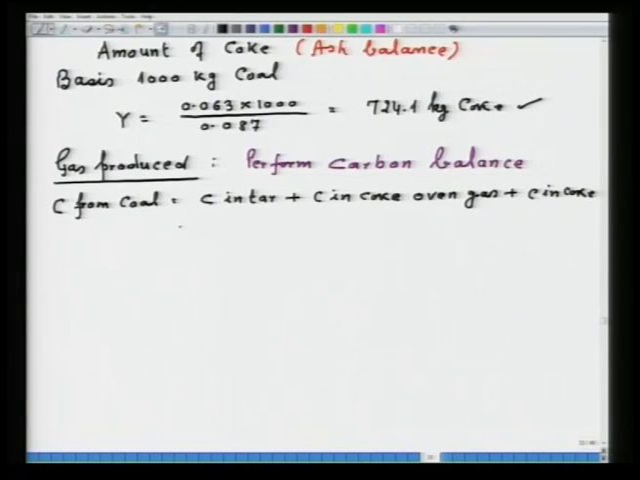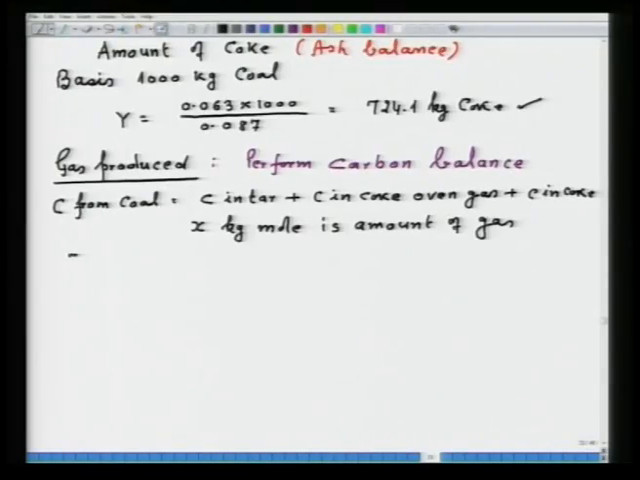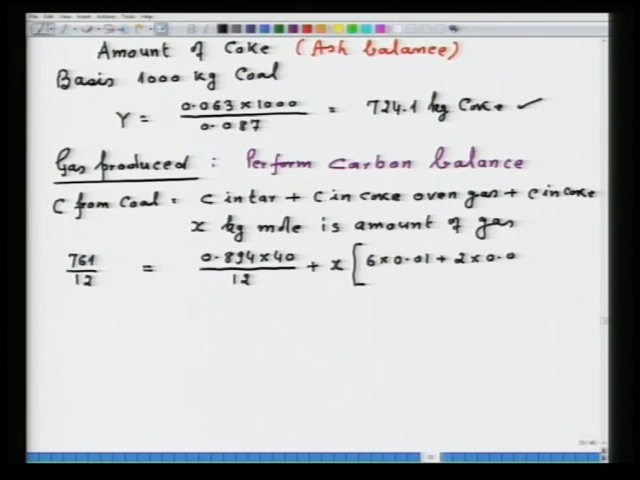So, let us consider x kg mole is the amount of gas. You may also consider x meter cube is the amount of gas, then you should do meter cube balance. So, now I am writing, you can straight away write, it will be 761 by 12, carbon in tar, 0.894 into 40 upon 12, plus x, 6 into 0.01, that is the benzene, plus 2 into 0.027, that is C2H4, plus